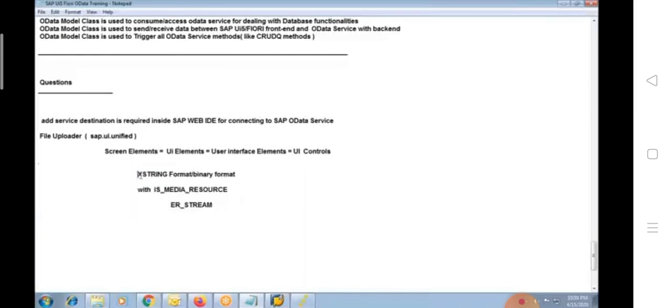But the point here is inside the OData service itself, you have to use your normal ABAP technique to deal with Adobe forms. There is no direct technique in Fiori to deal with that. So in the OData, through string format, you will render the data and it will be shown on the front end screen through the UI element. Exactly. Yes.